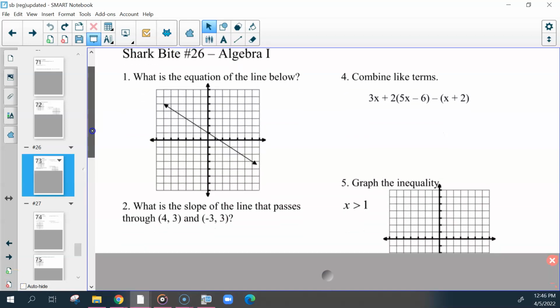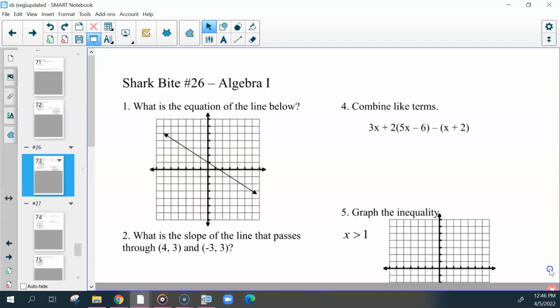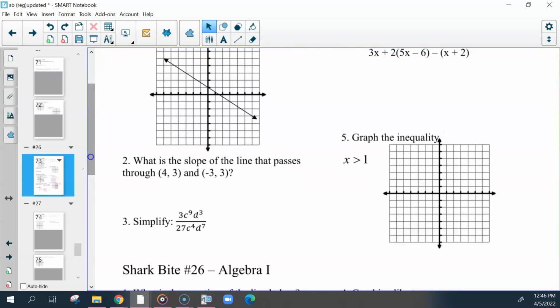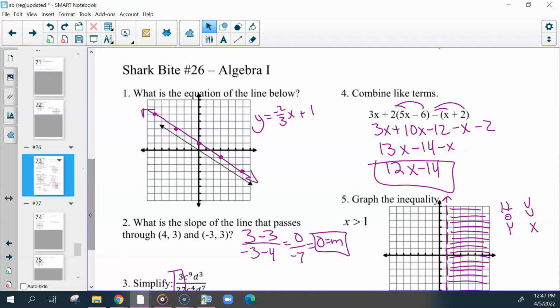I think that 26 was a little off for mine, so I think I can fix it. I think when it printed, it printed a little off of mine. But the equation of that one should be y equals negative 2/3 x plus 1. This one's